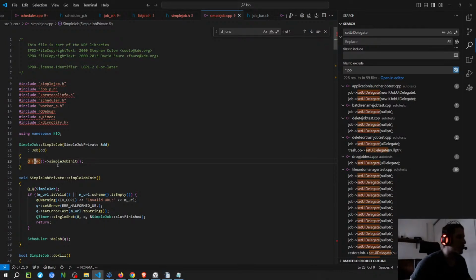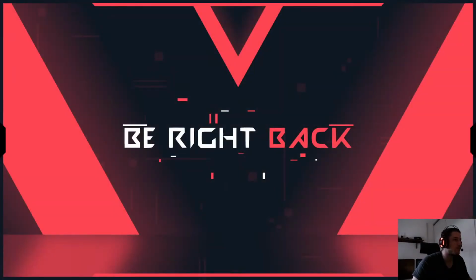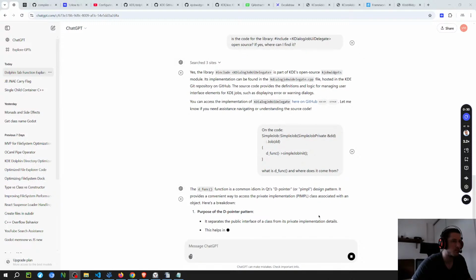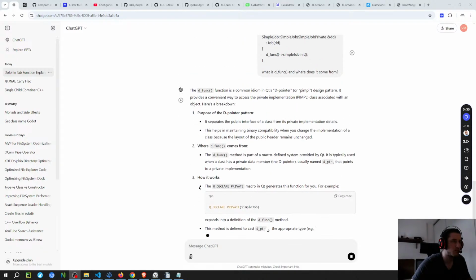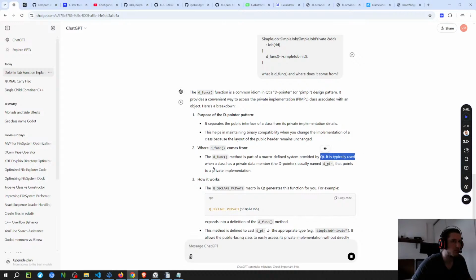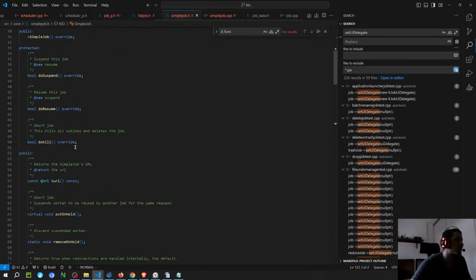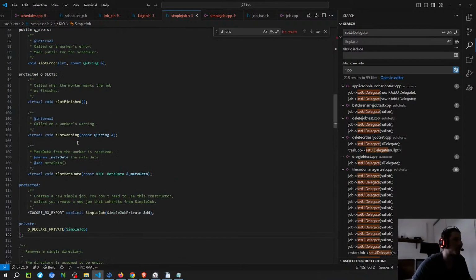Problem is, I don't know for sure if it is going to the right place or not. I'm gonna ask ChatGPT to see what it says. So this pimple pattern I've seen on there's a project or library called 3PP, which is the C++